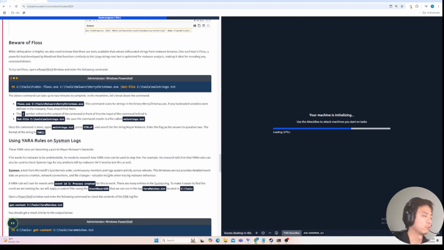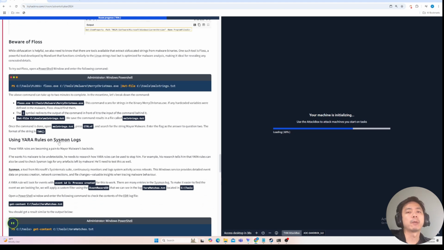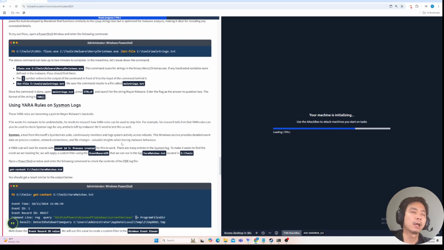Using Yara rules on the Sysmon logs. As you remember from day number 4 on Atomic, Sysmon is a system monitoring tool, which monitors all the events happening on a system of a machine. And